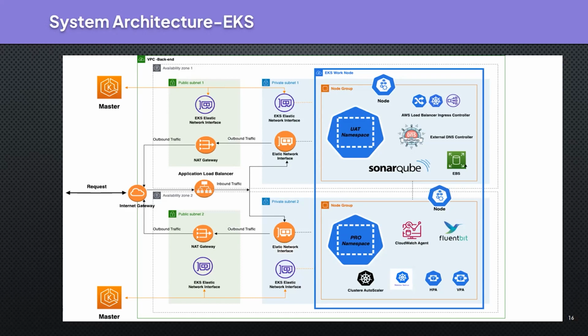We introduced the AWS load balancer ingress controller and external DNS controller as essential parts of the configuration to streamline routing and DNS resolution. This setup also enhances efficient traffic distribution, application scalability, and cost efficiency by sharing one application load balancer across different